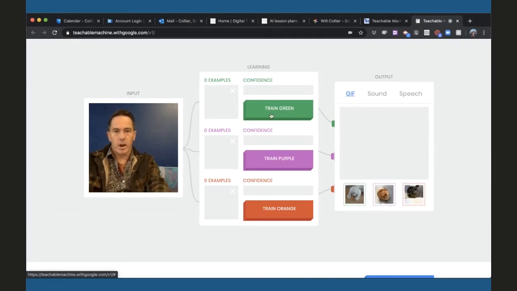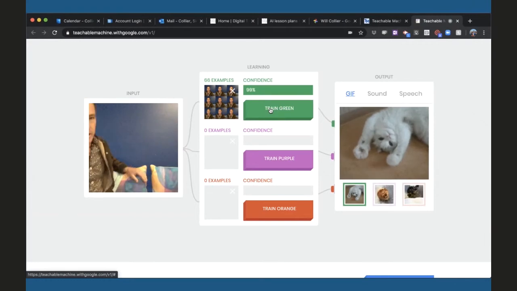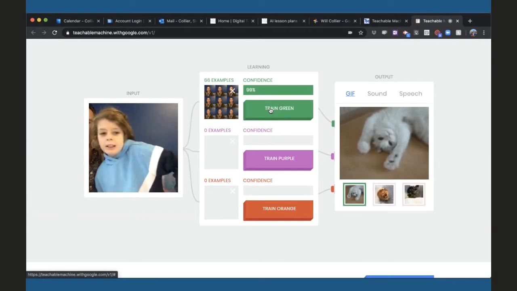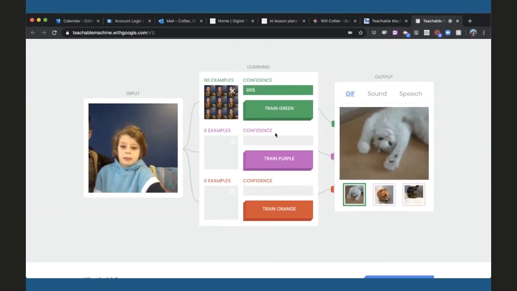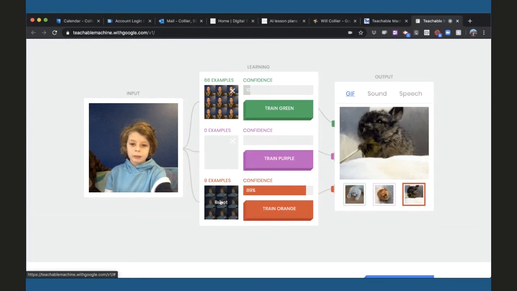So if I hold down the train green, it should start taking photos. I don't know, what do you think? About 60? Okay, let's stop at about 60. All right, your turn. You come in. Now, all right, and oh, your head is delayed. Sorry, nope, wrong thing. That's all right, you can train that one. Reset.